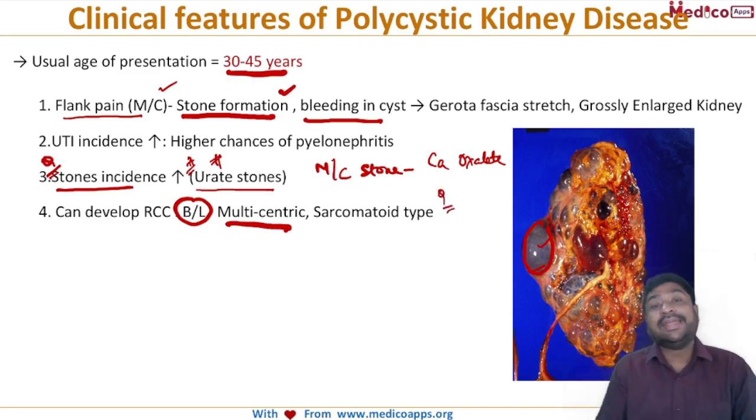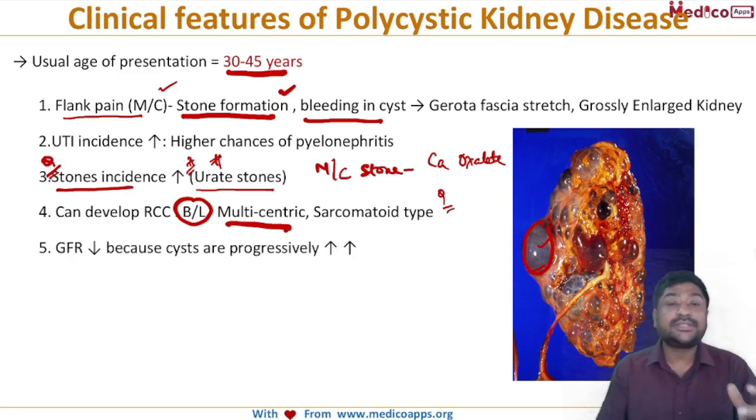So not only do they have an increase in the incidence of renal cell carcinoma, but these patients generally will have bilateral multicentric renal cell carcinoma. Because of the progressive enlargement of the cyst, there will be a decrease in the GFR. And what will this decrease in the GFR do? It will progressively